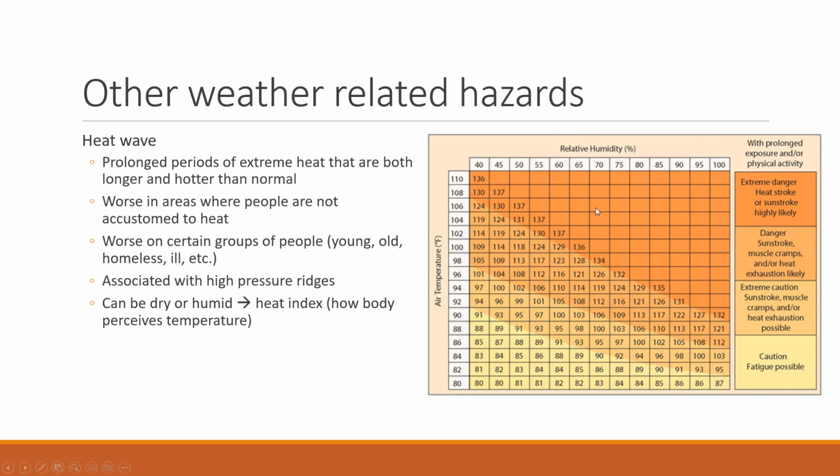So that's what we see here. The actual air temperature is on the vertical, the relative humidity is on the horizontal. We can see that if we have low relative humidity, our temperatures are pretty much the same until we get to these really hot temperatures. So even at 96 degrees, it only feels like 101. Whereas if we have higher humidity, say we're at 70% humidity, that 96 degrees feels like 126 degrees to